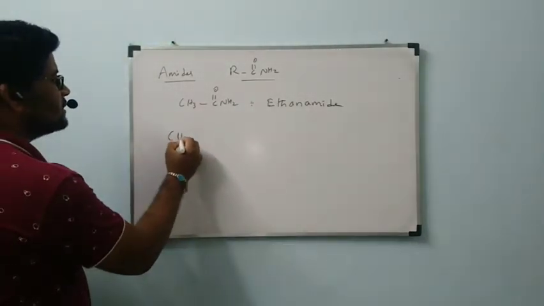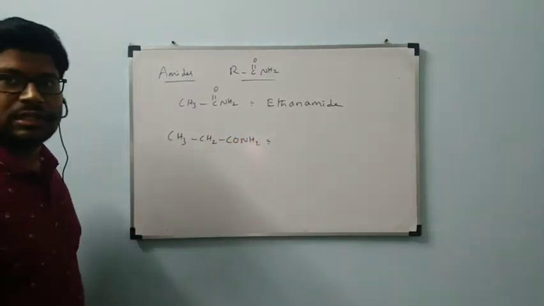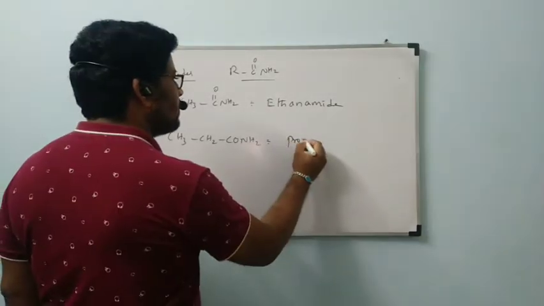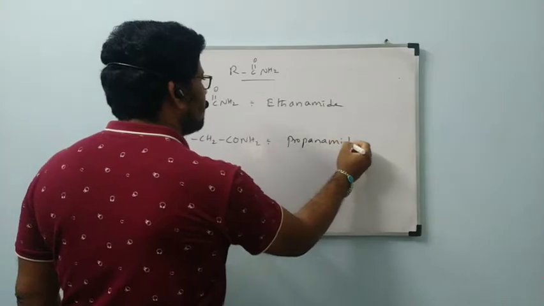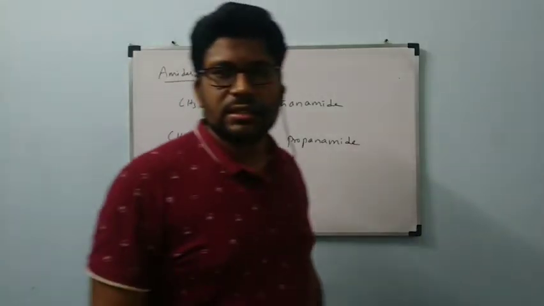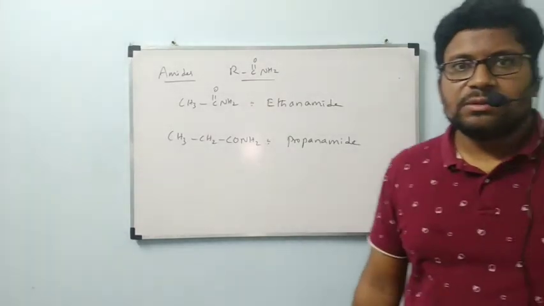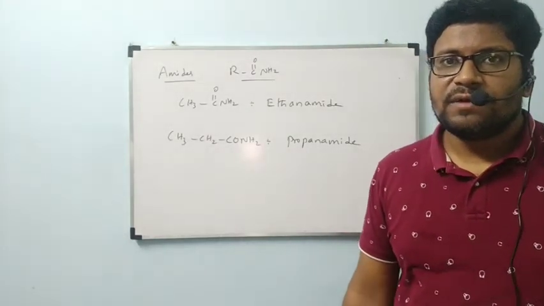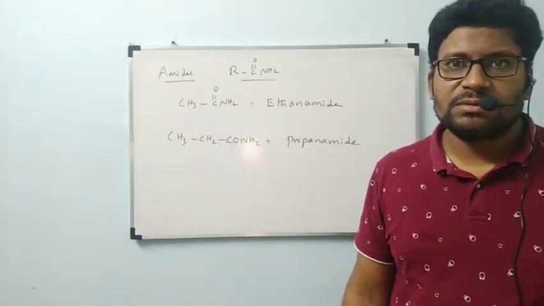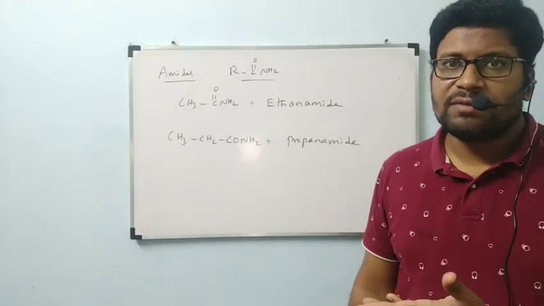Next, CH3CH2CONH2, propanamide. Like this we can continue the names of amides also. In this way we have to give the names of functional groups. Different functional groups we have. Sulfonic acids and thioethers are not that regularly coming functional groups, that one no problem. So I considered every functional group, and we have seen how to give the names of every functional group.